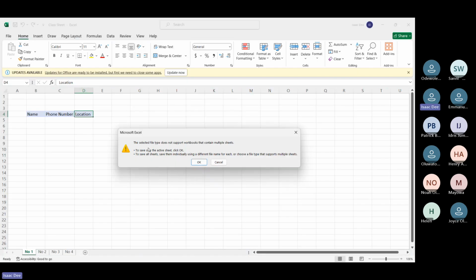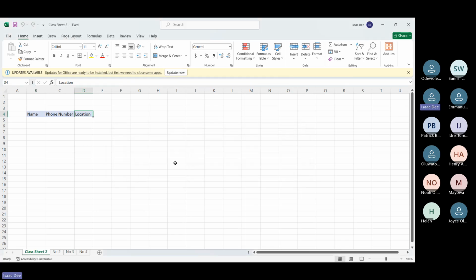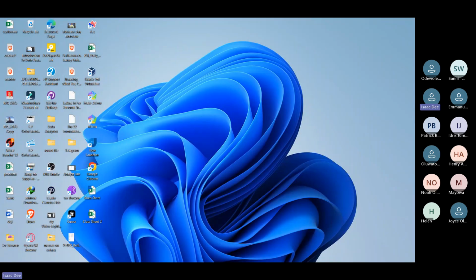Okay, the selected file format does not support a workbook that contains multiple sheets. To save only the active sheet, press OK. So by pressing OK, it is only going to save the active sheet, that is the current sheet, which is class 2. So if I close this now and I open class sheet 2,